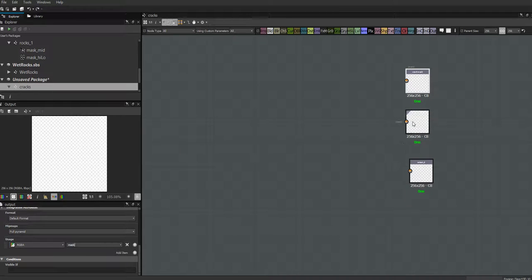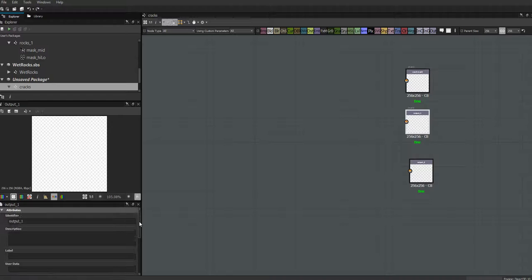And this one, while we're down here, we're also going to make a mask. And this one we are going to call grain mask. And if you forget to put that underscore in there, it'll take care of it for you. And then this final one will be our